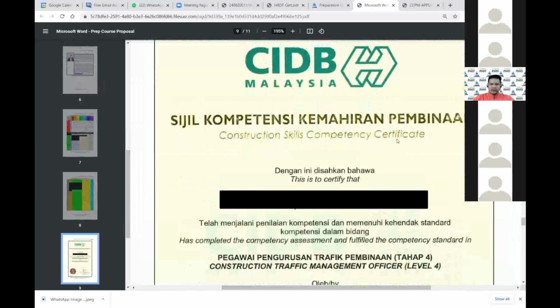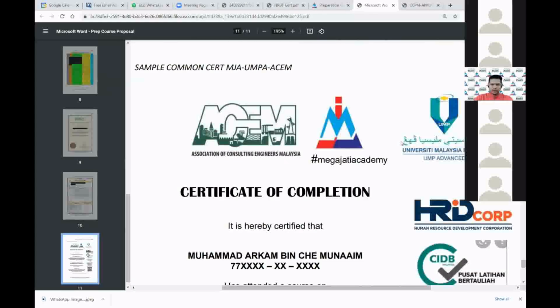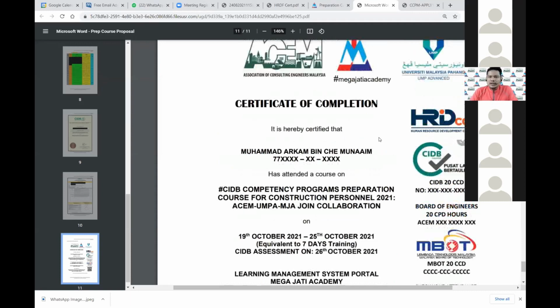Okay, this is the certificate. This is the transcript. Okay, done. This is also a certificate for the common modules, but we have shared this certificate. So this is to check your attendance. We can check here, valid until April 2023. We try to make it about 2 years, so that if you want to go and come back, people can always check there. But of course, we cannot keep it forever, because we continue to update our participant list. Okay, 201 sharp. Can I stop there?